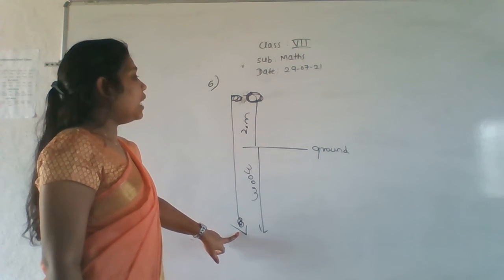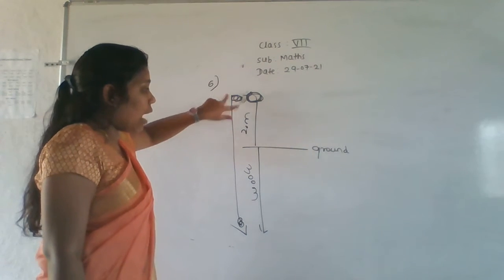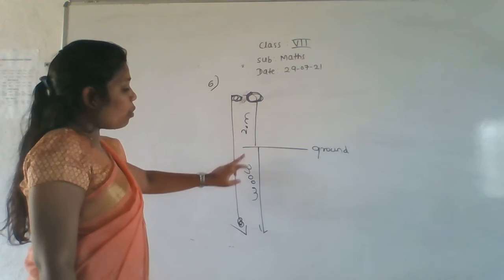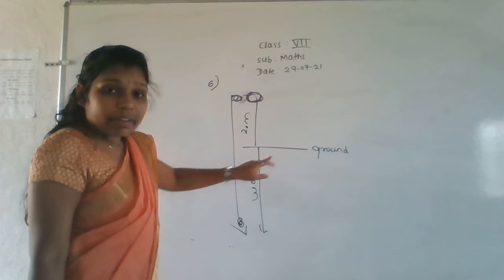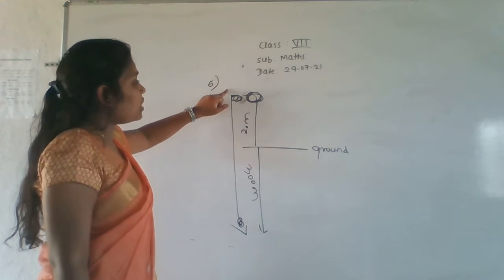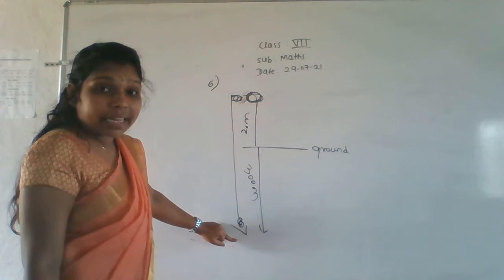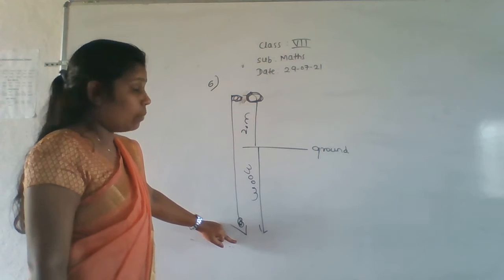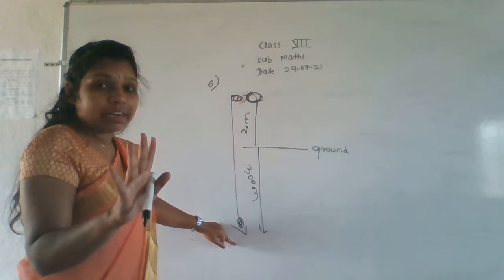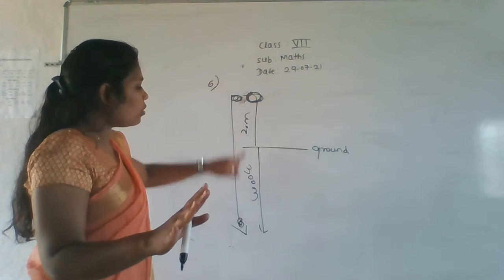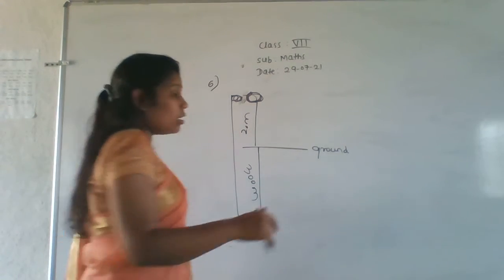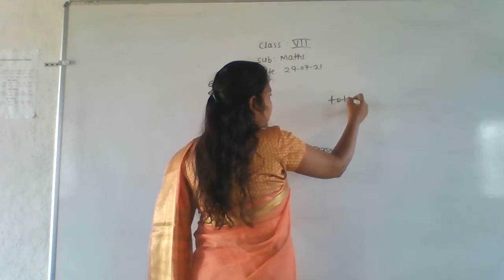So the elevator started at 20 meter above the ground level, from this point. Now we want to reach 300 meter below the ground level, this point. So from this point to this point, what is the time taken by the elevator, they are asking here. Time taken means they told per minute 5 meter. It will reach 5 meter. But here, what is the distance? Total distance: here 300, here 20, means total distance is 320, right? Total distance.